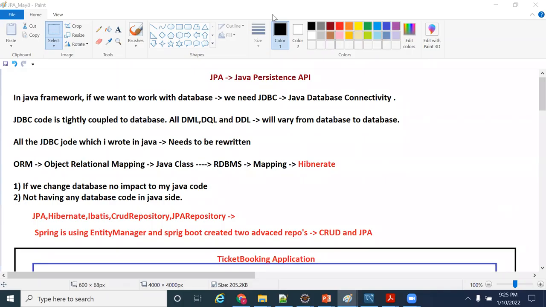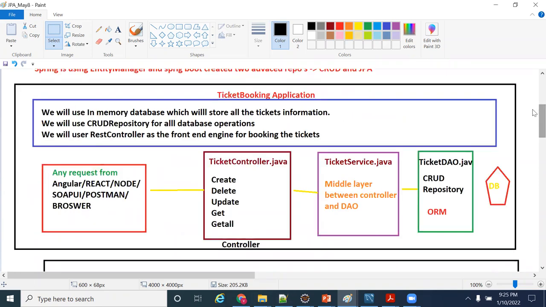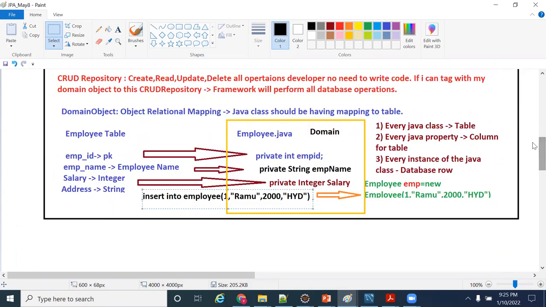Now, what is the core principle of ORM? For every table, we are going to have a respective Java class. The programmer will write code to change only the Java class. We will write only Java code to change things at the class level, and internally the framework will update whatever changes we made to the class into the table. How is it going to do that?